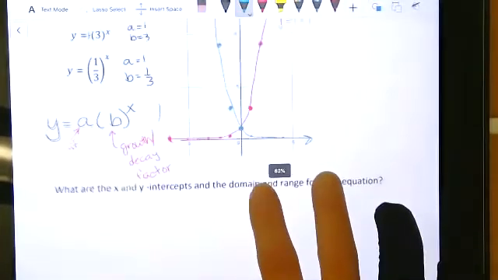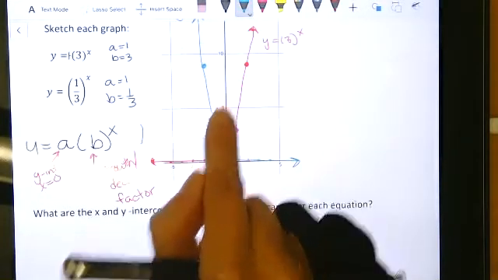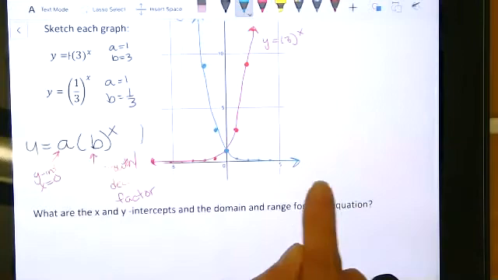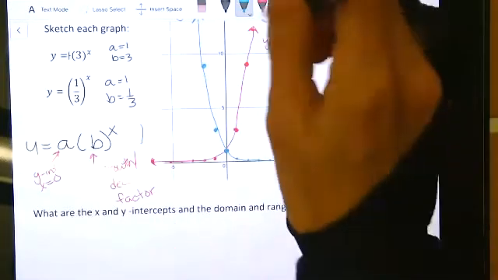Okay. Now, what are the x and y intercepts in the domain and range for each equation? Now, they're actually the same. Both of these equations have the same x-intercepts, y-intercepts, domain, and range. So I don't have to write it out separately for each one because they are the same for both. So the first question,